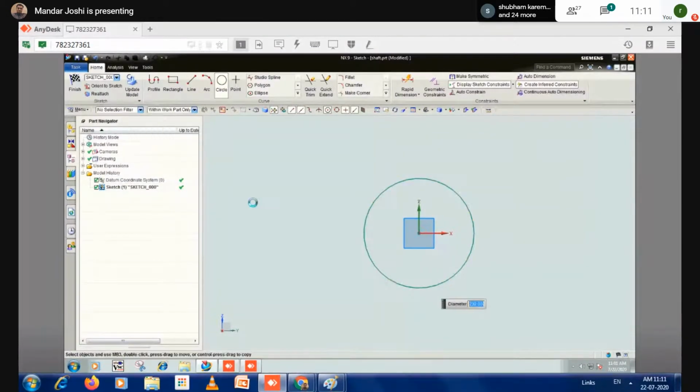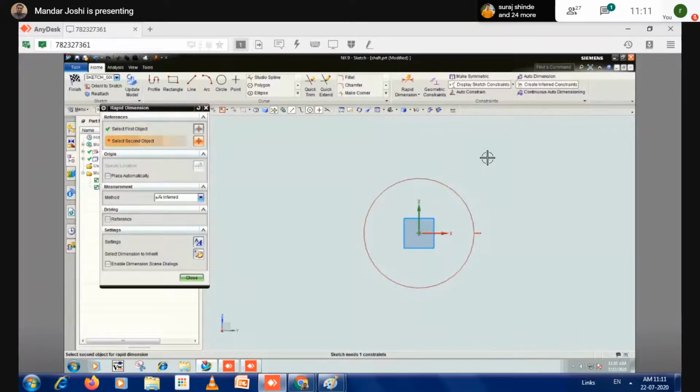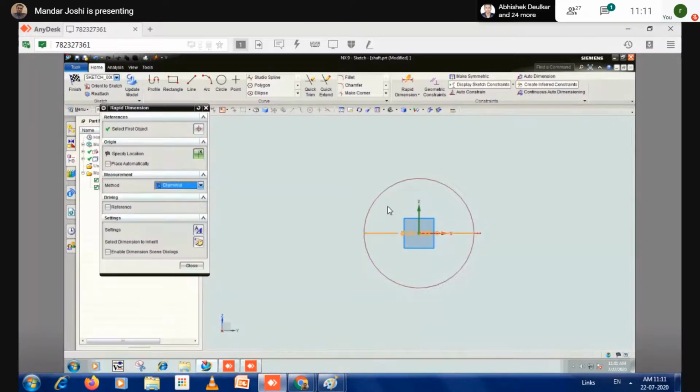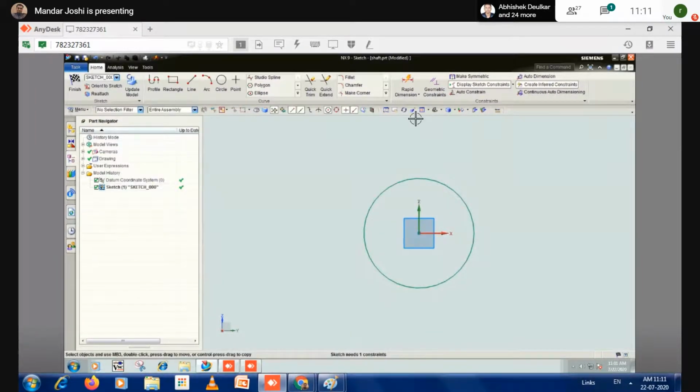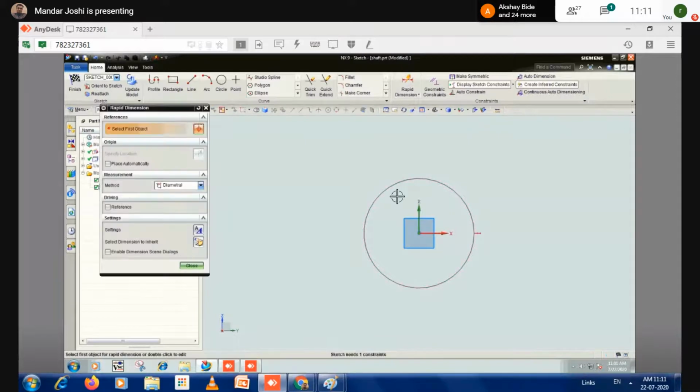Draw circle, diameter. OK. Close. Thing not given. See here also leader line will come.